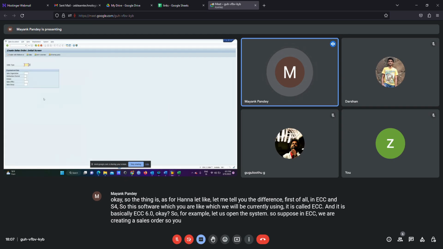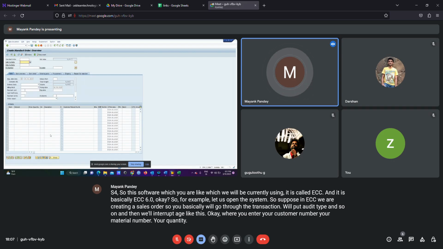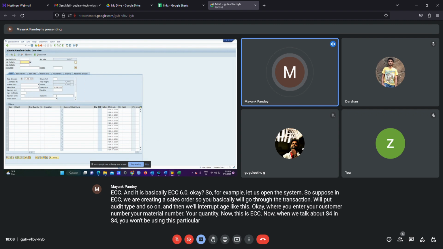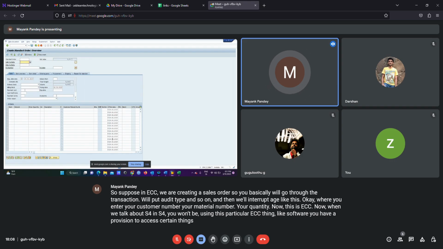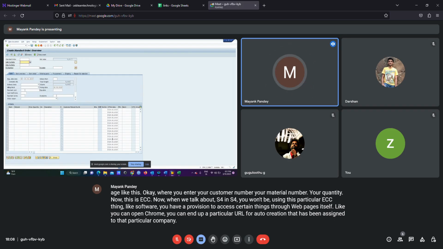You will go through the transaction, put in the order type and so on, and then enter a page like this, where you enter your customer number, your material number, your quantity. Now this is ECC. When we talk about S4, you won't be using this ECC software. You have a provision to access certain things through web pages itself. You can open Chrome, enter a particular URL for order creation that has been assigned to that company, and you can create a sales order in the web page itself.